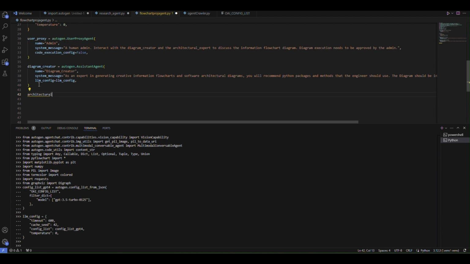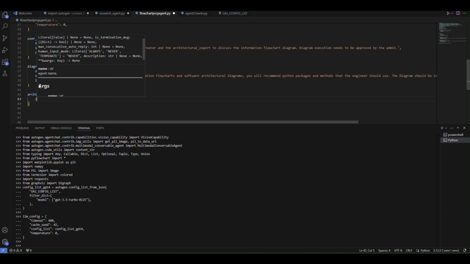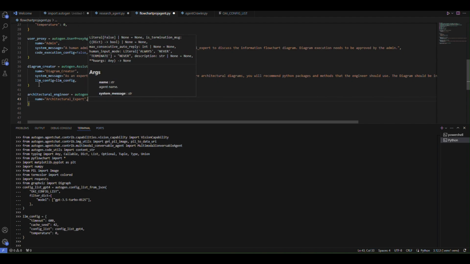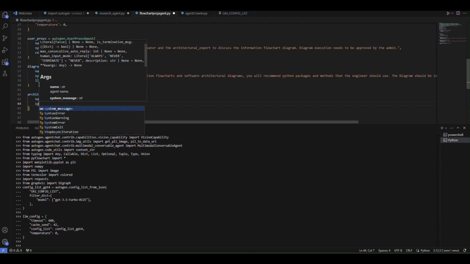Architectural expert is going to be next. I think that's how you spell architectural. And this is also going to be an AutoGen assistant agent. And then we want name equals architectural expert, with the system message being: